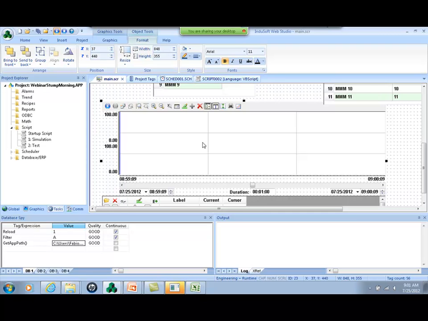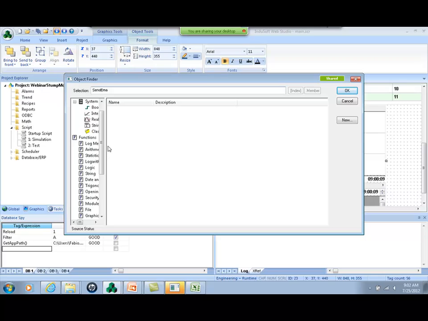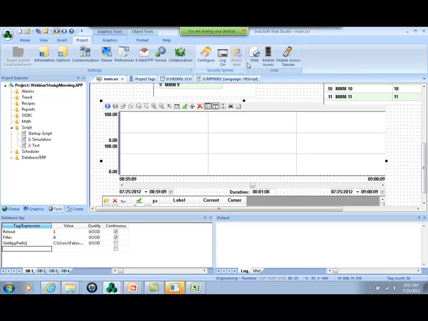So one way of doing that would be to, on the server, just play the trend control and use an ActiveX control or an external tool like Camtasia Studio to record the screen, save this information as a video, MPEG, and then use InduSoft to send, for instance, this video by email. And the function you can use to send any files by email, a JPEG, a video, whatever it is, is the SendEmailExt. So first, you would come here to project,